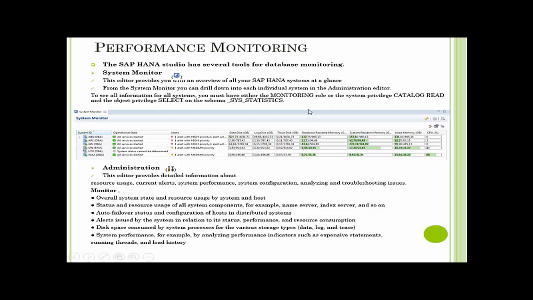So for checking this, the user logged in must have the monitoring role or the system privilege catalog read, and the object privilege select on schema SYS_STATISTICS, so that select on various monitoring views present in the SYS_STATISTICS schema is possible. So a user with all these roles, like monitoring, catalog read, and select on schema SYS_STATISTICS, can do performance